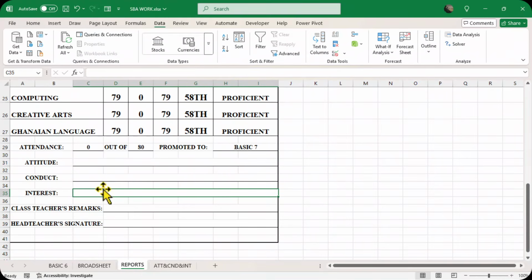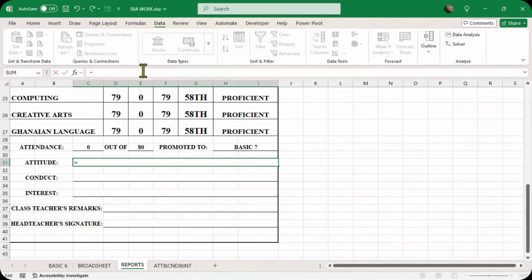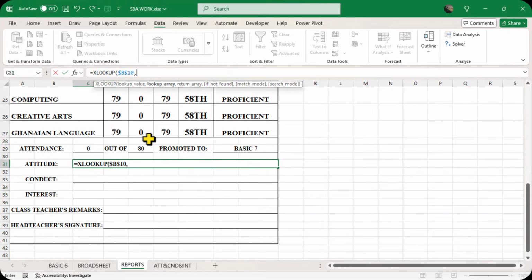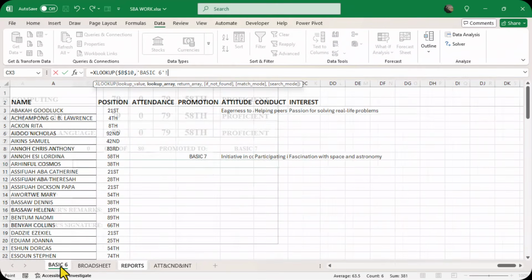Then let's go back to the reports. Let's again use the XLOOKUP to bring that. So we go to XLOOKUP. So XLOOKUP here. Our lookup value is still the name. Let's make that absolute, comma. Then the lookup array, it's the name